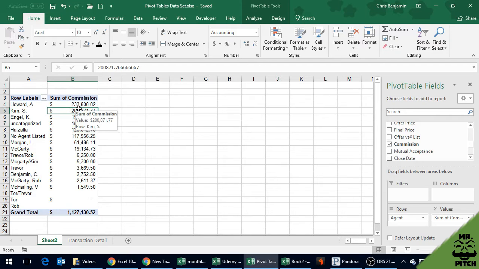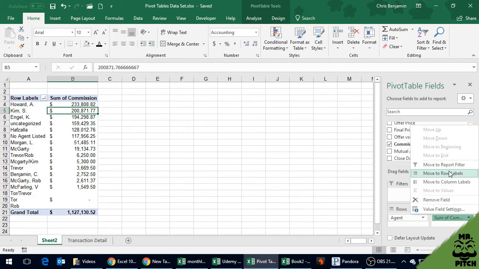So actually, before we do that, I'm going to show you one other thing, guys. Going back, once we click in our pivot table and we get our fields up here, we did a sum of commissions. Let's say we just wanted a count of commissions. How many deals did each person do where they earned a commission? You'll see here where it says values and it says sum. If you drop that down, we can remove it, we can move it around, but we want value field